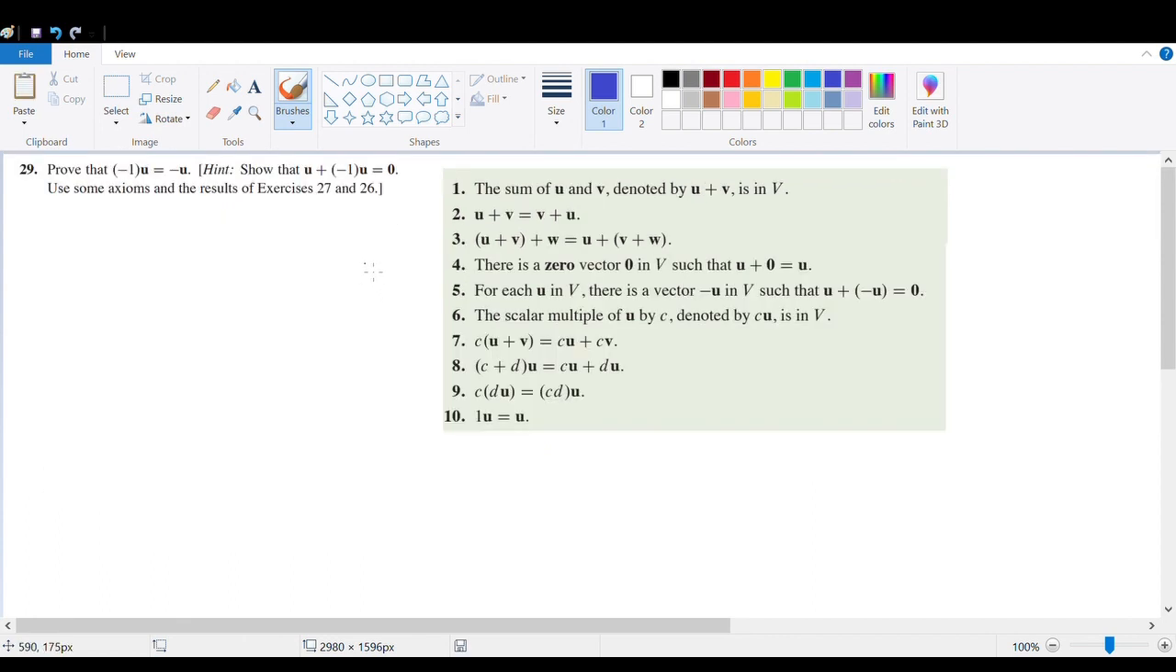In 29, prove that minus 1 multiplied by u is equal to minus u. Hence show that u plus minus 1 multiplied by u is equal to 0. Use some axiom and the result of exercise 27 and 26. So now we consider the given one, which is u plus minus 1 multiplied by u. So now using axiom 10, 1 multiplied by u will be u. So minus 1 multiplied by u should be equal to minus u. So by axiom 10,